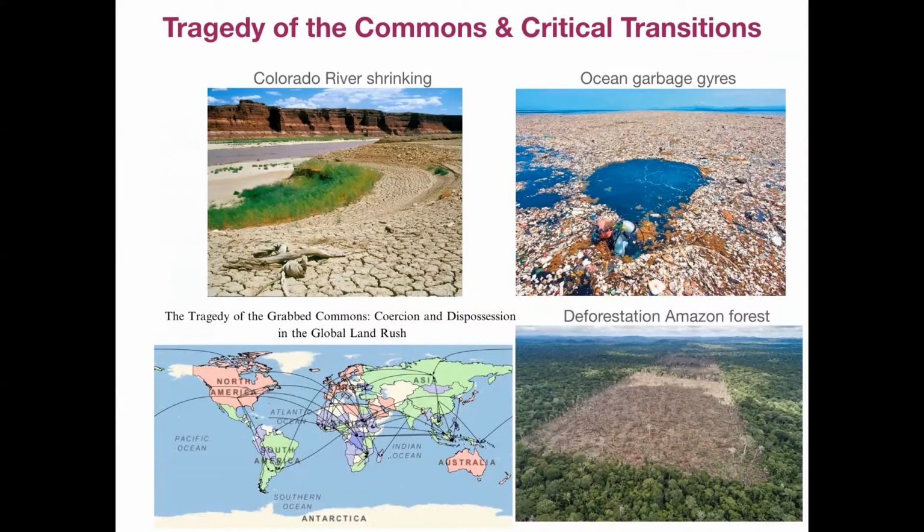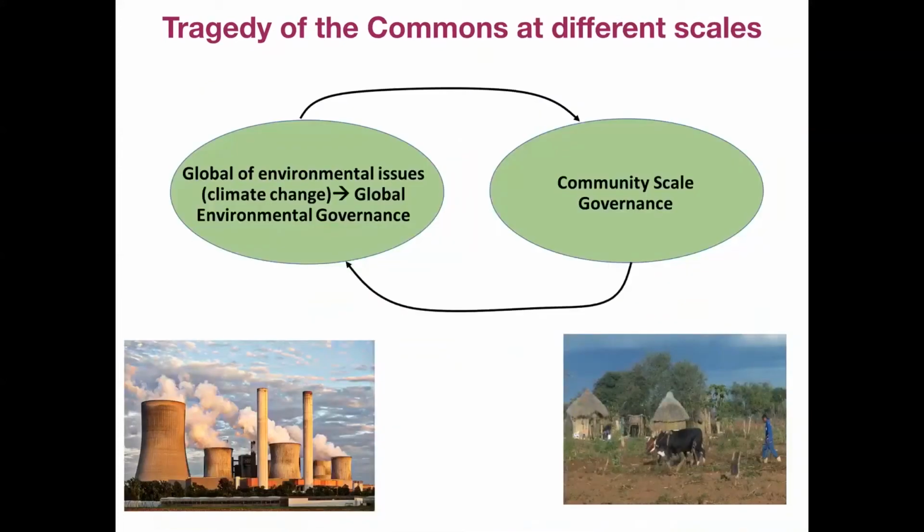Okay, and in fact, there are many cases in which we observe such over-exploitation of common pool resources in different terms and from different points of view. But the bottom line is that the problem of sustainability is strictly linked to the problem of how to regulate such common pool resources. Okay, from this point of view, we can distinguish the problem in terms of spatial scale, let's say. So, of course, there are global environmental issues. Pollution, for example, is another example of a commons. Okay, so the environment, our air, is a common resource, and of course,